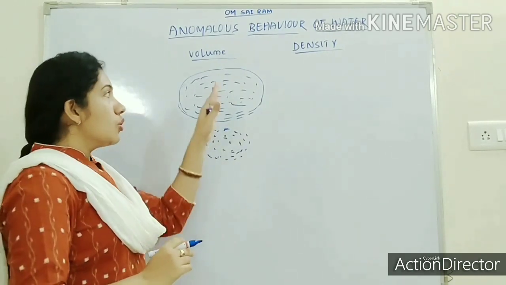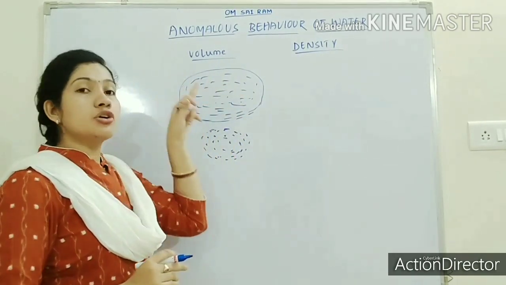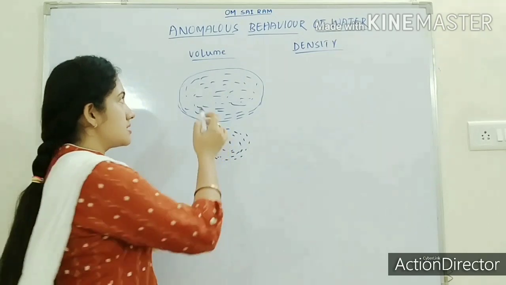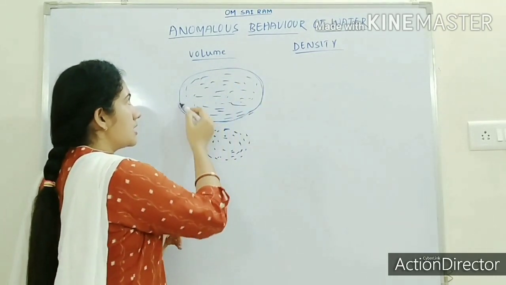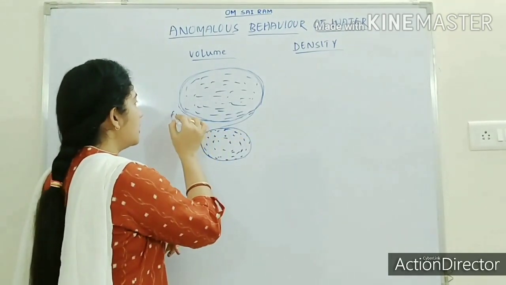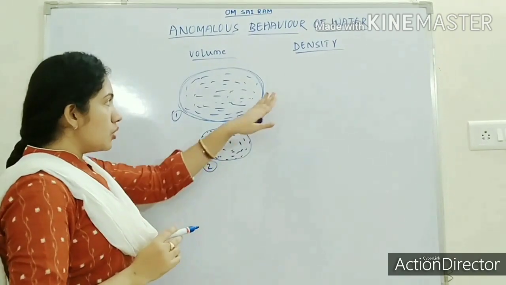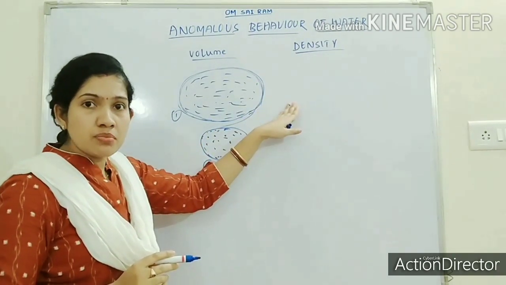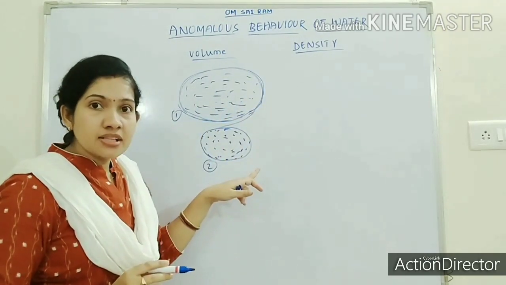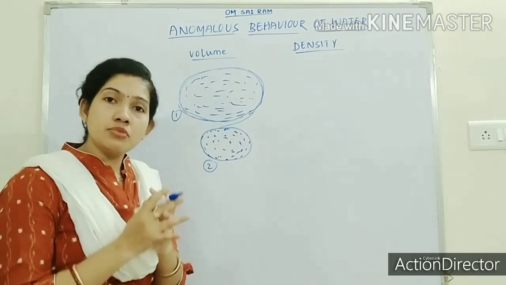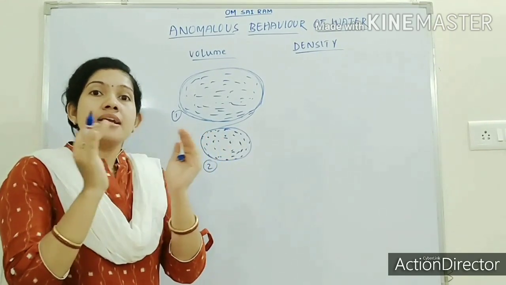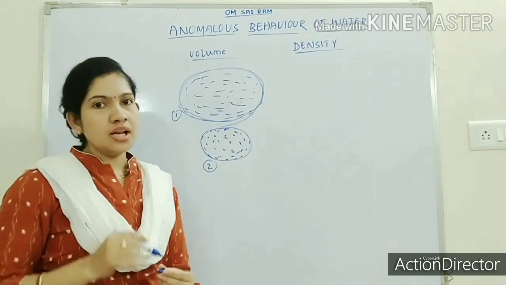Again I am repeating, when we allow water to cool, the volume of water will decrease because of the surface area. See here, this area is vaster than the area of number 1. Here I am giving number 2. So when water is in its liquid form, its volume will be more. But when we solidify that water, all the particles come together and become very close to each other, so that their volume or surface area will reduce.